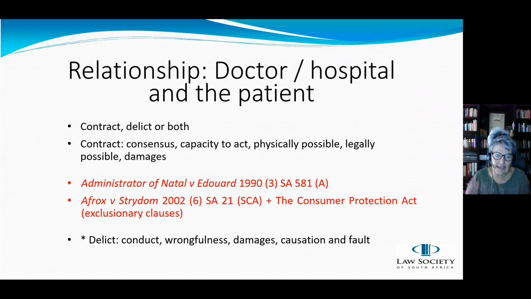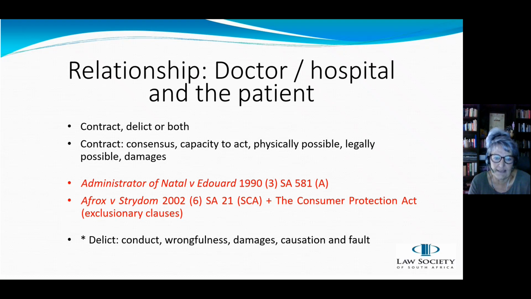So what happened in that case is that the woman went for a sterilization in the public sector, and the sterilization was not done well, and she fell pregnant again. So then she sued the administrator, the head of the province, because the people in the public sector in that province are employees of the state. So she sued them because she didn't want another child, and now she fell pregnant again